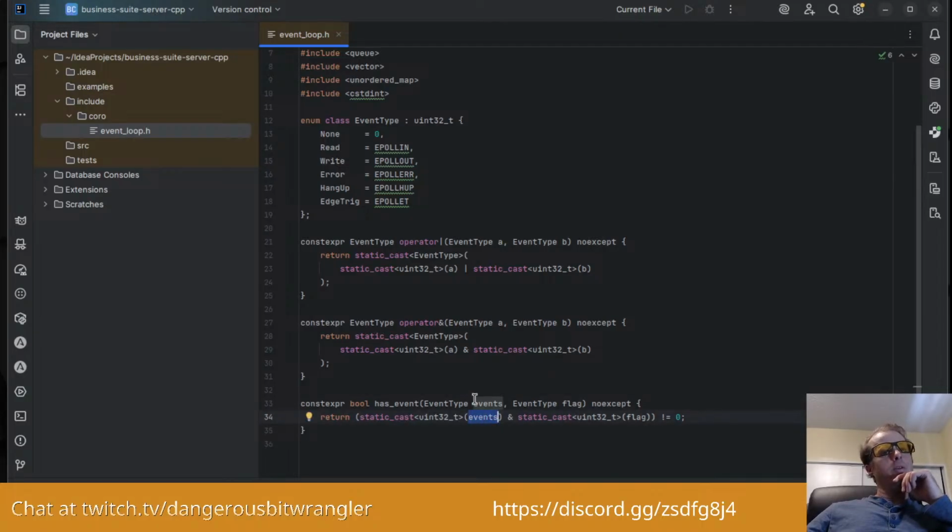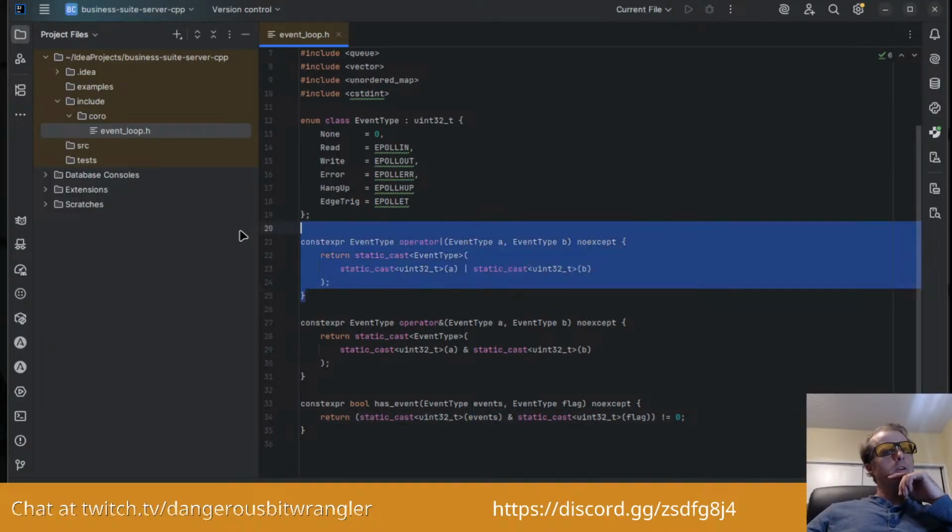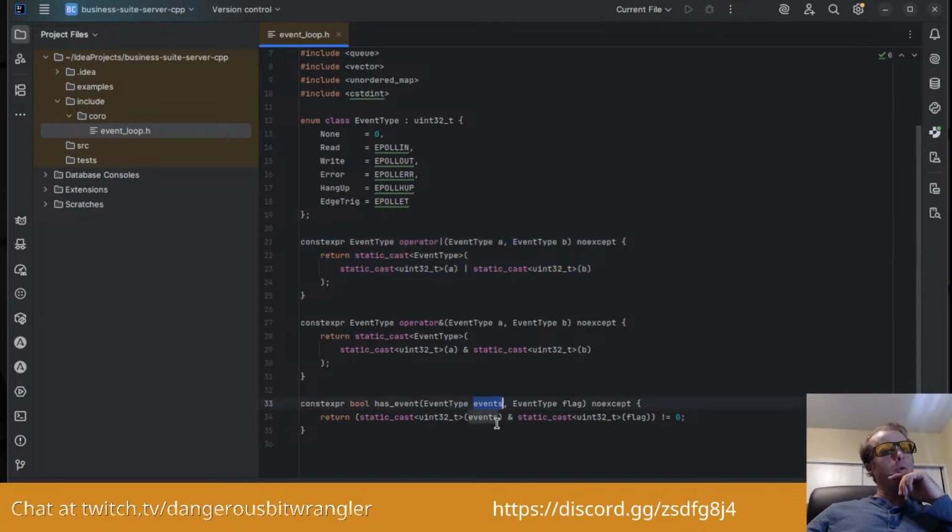What they may be doing is combining them using the bitwise or method to basically combine flags, then pass those multiple flags into here, and then do the comparison to this flag that's being passed in here. And if it's non-zero,